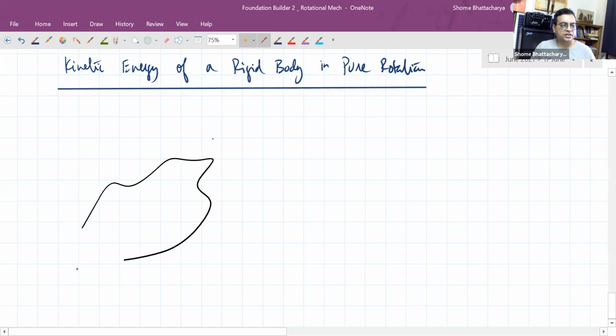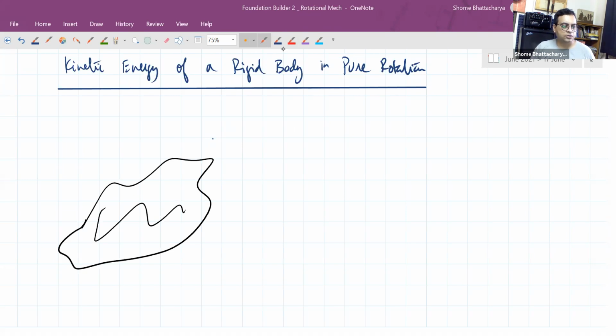So talking about the general case, if we have an odd shaped rigid body, which is rotating about an axis like this with an instantaneous angular speed omega, then now if we look at any particle at the point P whose position vector is r like this, okay, then we know that its instantaneous velocity